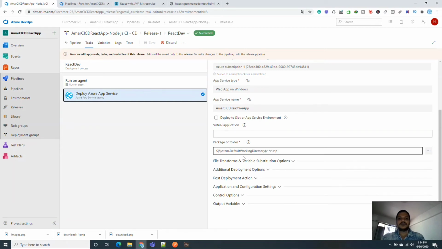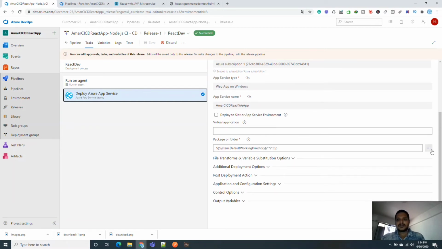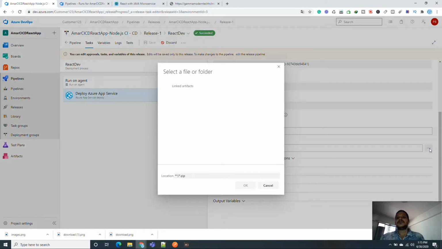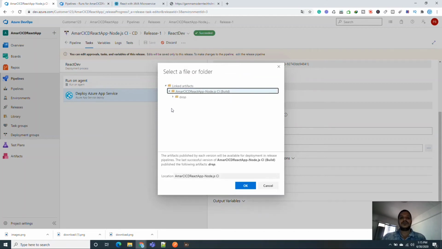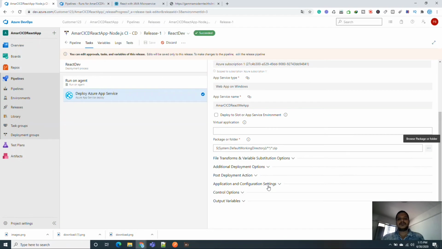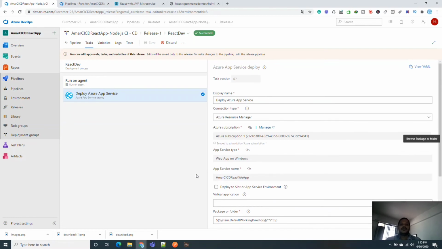Only the app service name you need to mention. Other things, if you want, you can confirm whether the package structure is correct or not, from where you want to deploy. You can see it here, this is my zip folder which I need to deploy on the app service. So these are the two things you need to do.